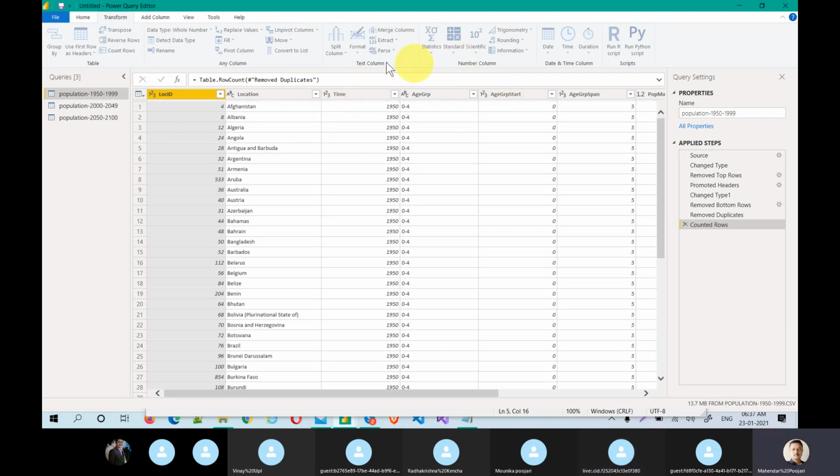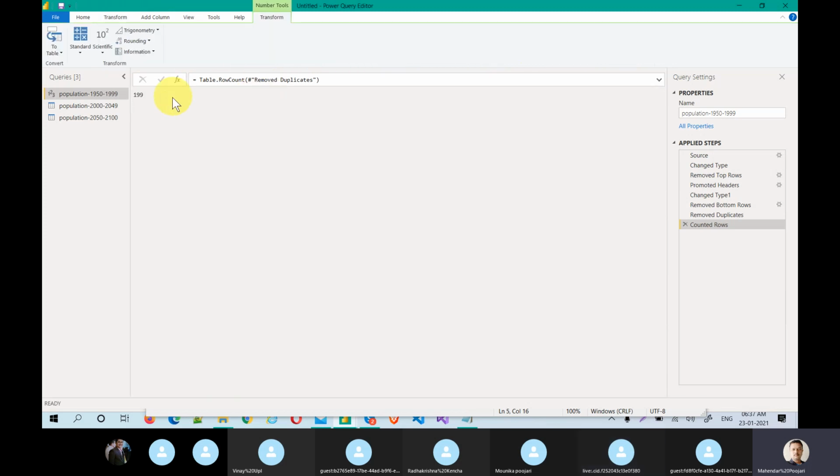The dots are actually running, so in Skype you might not see those dots due to clarity issues, but it is still working. That is the reason I'm waiting for the operations to complete. See, only 199 records are actually unique.